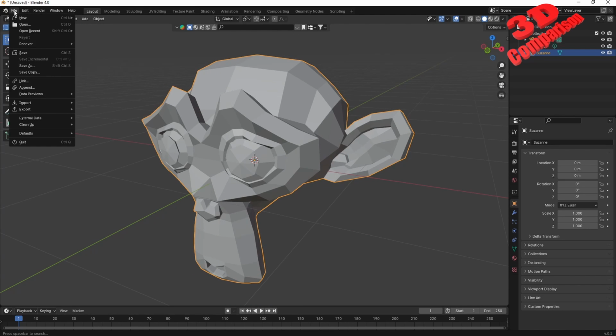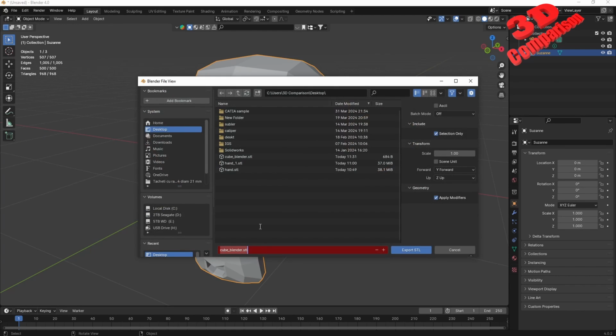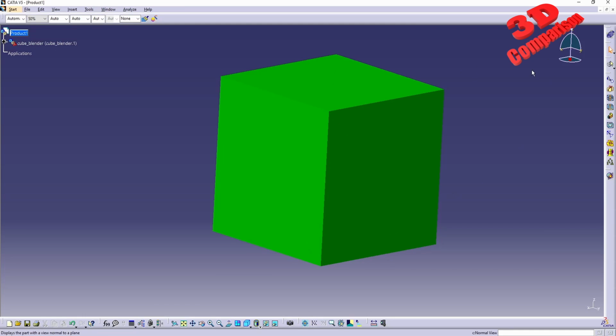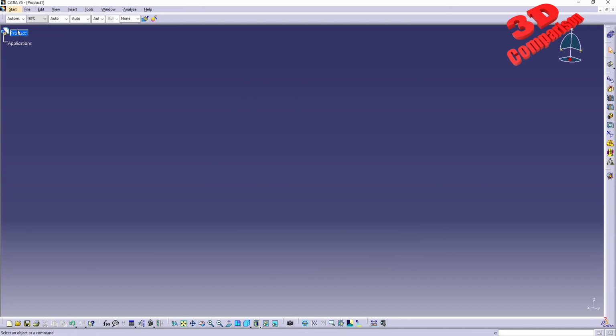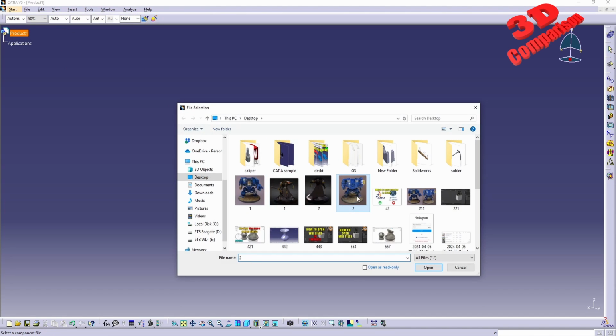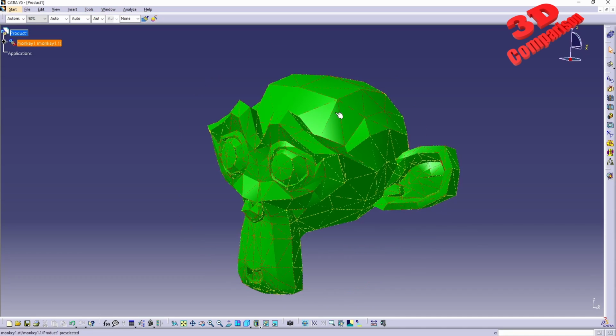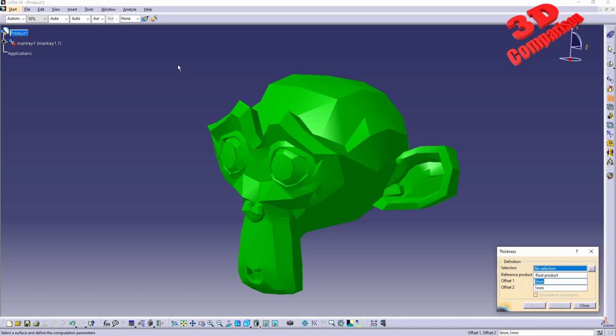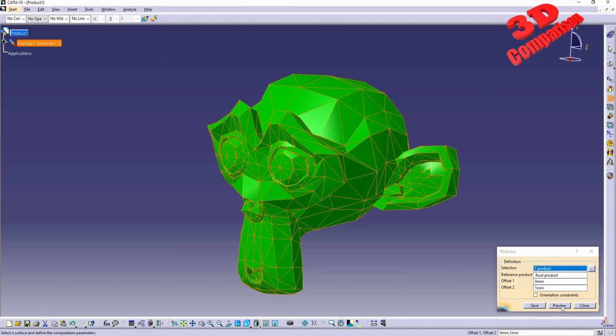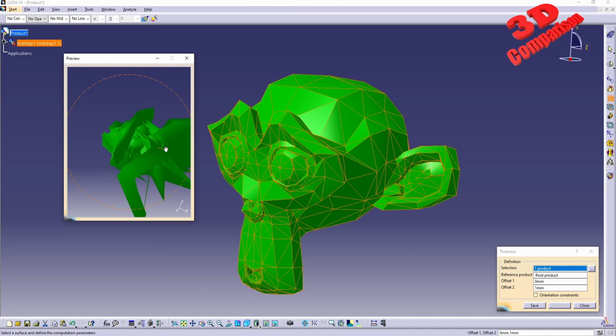Initially, I will save this without any subdivisions. So export, STL. I will call this monkey1, export selected only. And within CATIA, I will delete that. And I will insert the newly generated one, which will be monkey1. Again, we have the geometry loaded over here. We see the triangles. And if I want to add thickness, this 1 millimeter on the exterior, we're gonna see